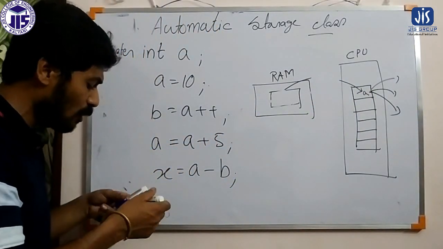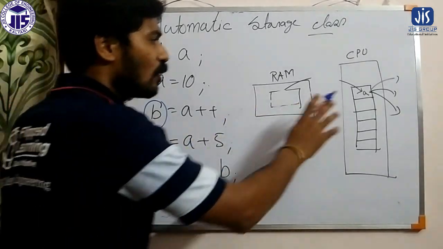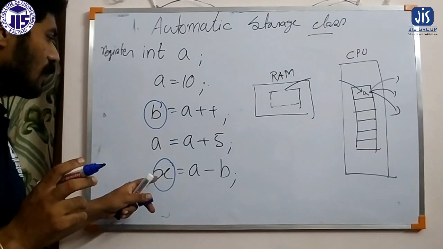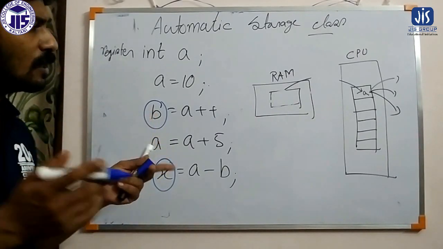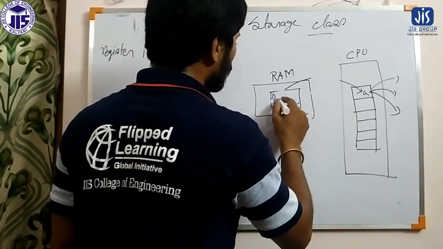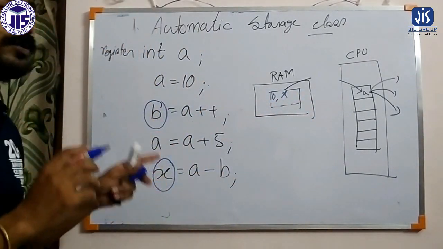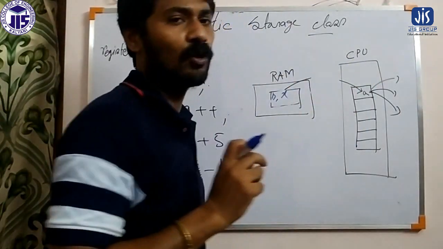You can see this B variable or this X variable, I have not taken as a register storage class, because we are not using B and X very frequently. So let them be in the RAM, no problem. But this A variable, which we are accessing very frequently, I will store into the register only to